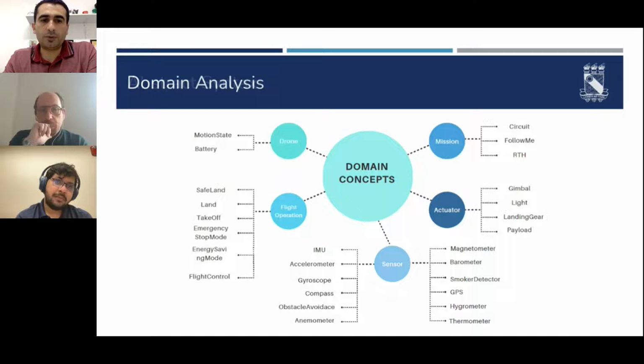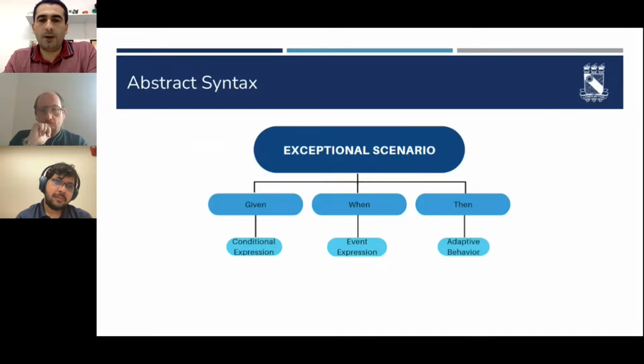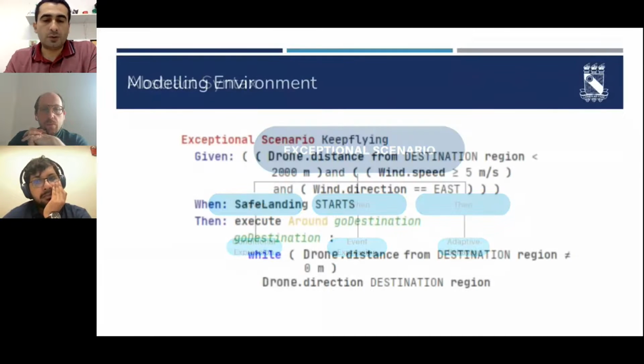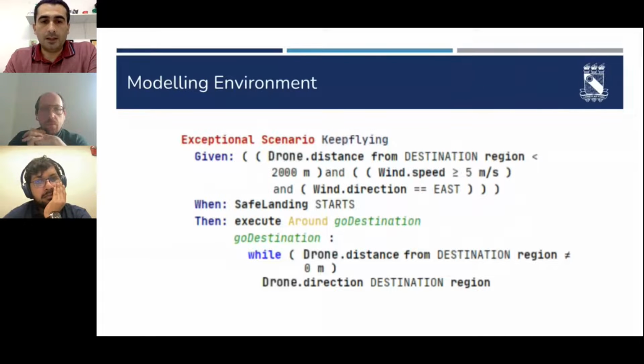In the abstract syntax of our modeling language, we have an exceptional scenario that has a name and is divided into three main parts: a given, in which we have a conditional expression to express the state of the world, a when, in which we express an event that must happen at that time, and a then clause in which we specify the adaptive behavior. This is an example of an exceptional scenario modeled using DressML.